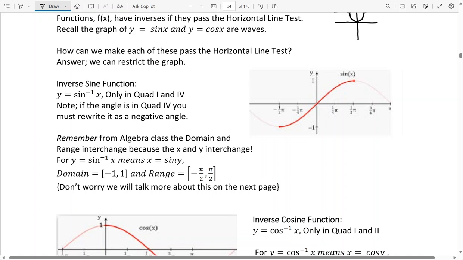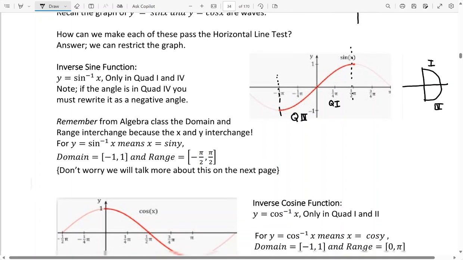So looking at the sine function, if I look at it from just negative pi over 2 to pi over 2, remember, 0 to negative pi over 2 would be quadrant 4, and 0 to pi over 2 is quadrant 1. So if I think about it on the unit circle, I'm looking at values here, and they're negative angles here, down here in quadrant 4, up here in quadrant 1. So if I restrict the domain, now it is a one-to-one function, and